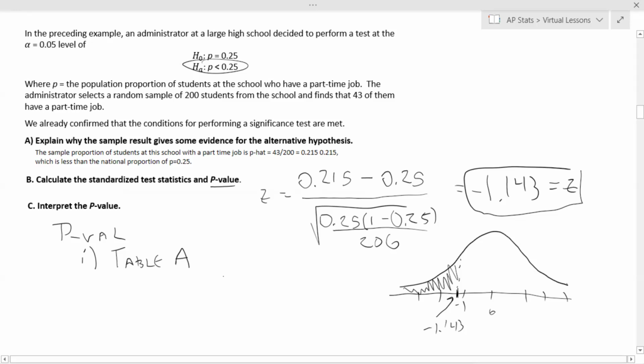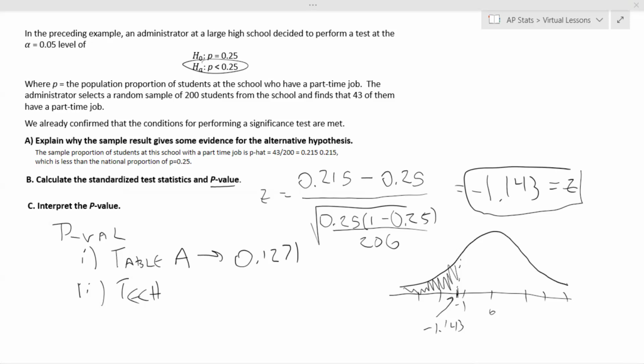If we look up table A, you would get 0.1271 from table A. And you don't have to subtract it from 1 because the table gives the left side distribution. From technology, we're going to go ahead and figure that out right now